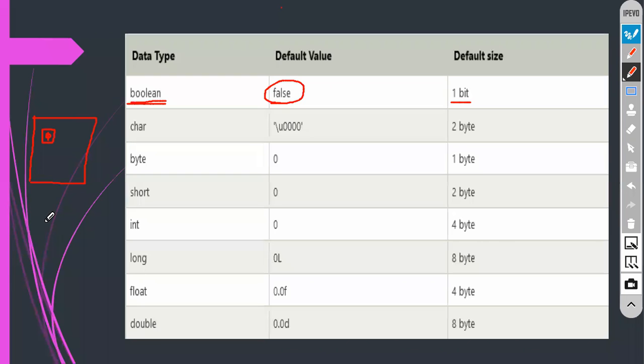Think like this is the memory. How much will it store? Basically the memory is occupied by binary numbers. Yes or not? Binary values. So 1 bit means either you can store 0, otherwise 1. It might be 0 or 1. It cannot be both things. Either it would be 1 or it would be 0. Either 1 or 0, that's it, nothing else apart from that.